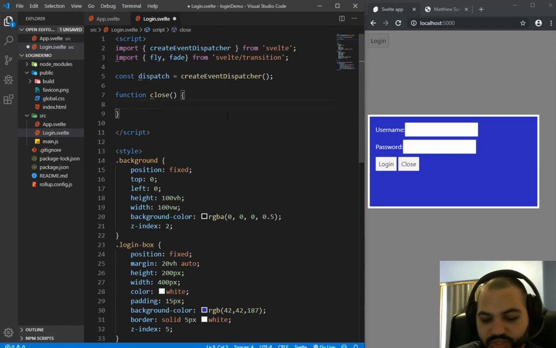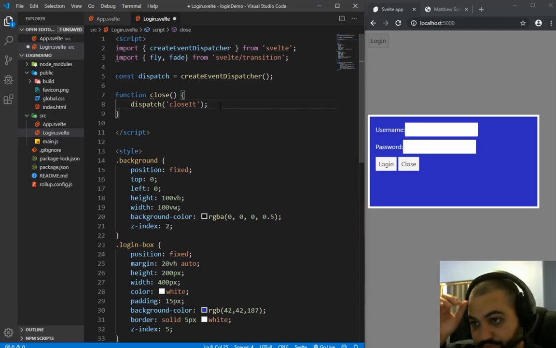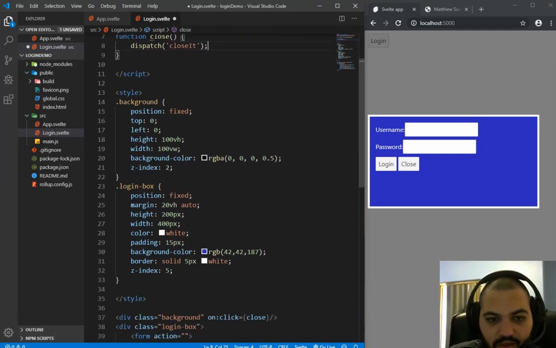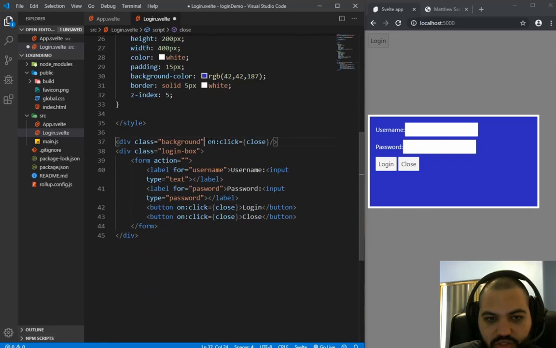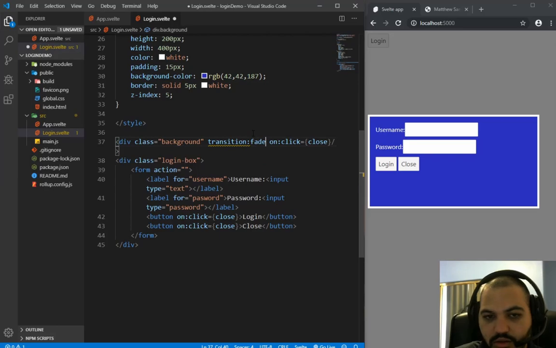And we're going to use that here. So I'll put dispatch, and we will send "close it" to that function. Okay. And then let's add those transitions. So transition fade for the background. And then for this box, we want to add transition fly equal to,